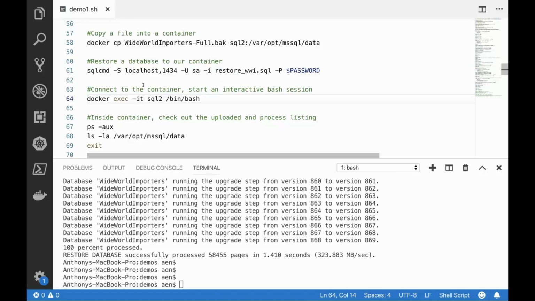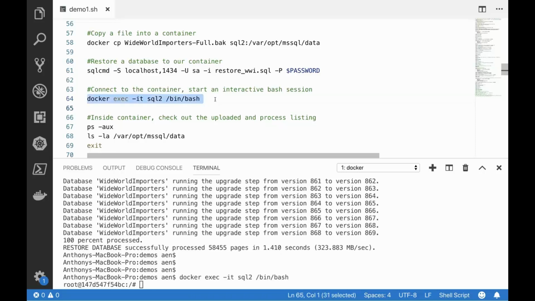So basically, I'm going up into the container, and I'm going to act as a process inside the container. What process am I going to act as? Bin bash. What that's going to do is give me a console into the container. So here's the root @ then the container ID / hash mark indicates that I'm in the root directory as a root user with the hash mark there.